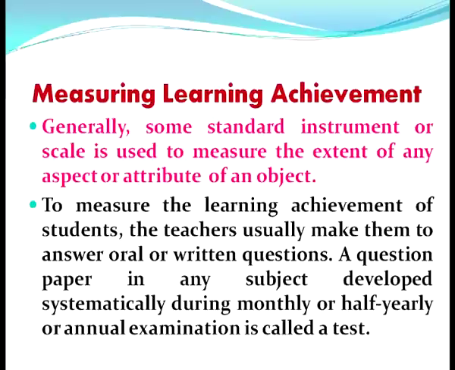So in case of an object, it is true that some standard instrument or scale is used to measure the extent or the quality or the attribute of an object. But when we talk of the classroom transaction process, when we discuss the teaching learning process, then the attribute to be measured by the teacher is the learning achievement. To measure the learning achievement, teachers usually make the students answer oral or written questions. A question paper is given to the student in written form in the concerned subject, and that question paper has been developed by the teachers systematically during monthly, half yearly or annual examinations. That question paper is called a test, and that test is undertaken by the student, and the marks obtained by